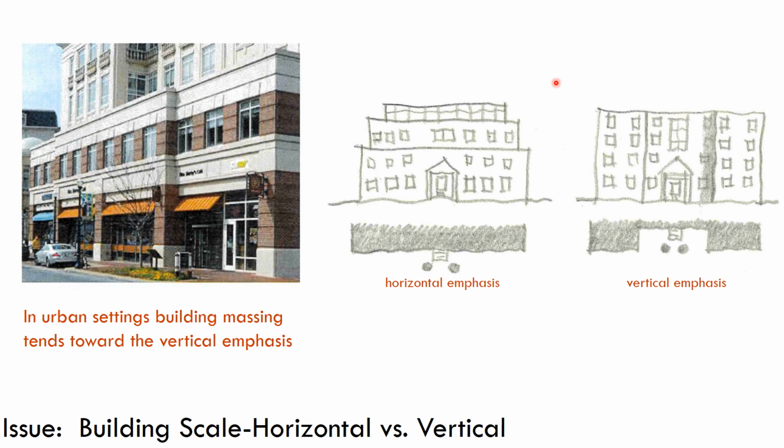And I think as we look at this image on the left, this is from the preference survey. This is one that folks didn't like. I think we see some of that at work here. There's way too much horizontality here. And you don't get a sense of this family of forms. You have an overwhelming kind of these horizontal lines. It looks very heavy-handed, and it does not have the kind of vertical differentiation in the sense that there are changes. It just looks kind of too big and overinflated for the site, I believe.